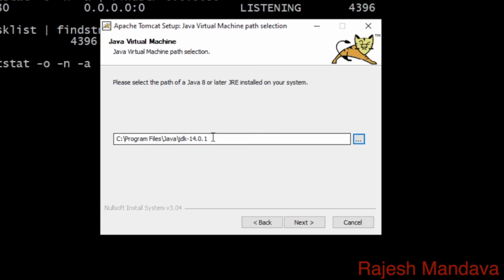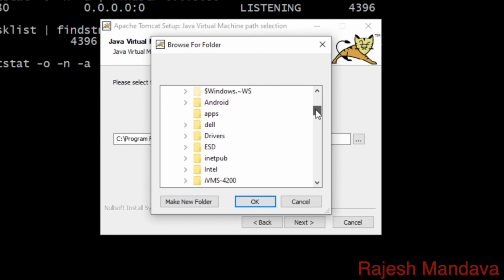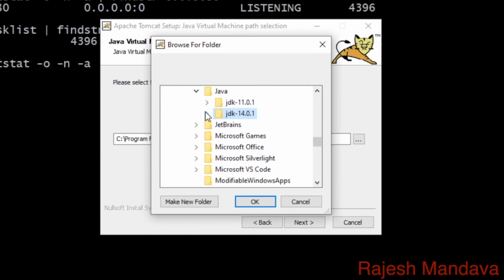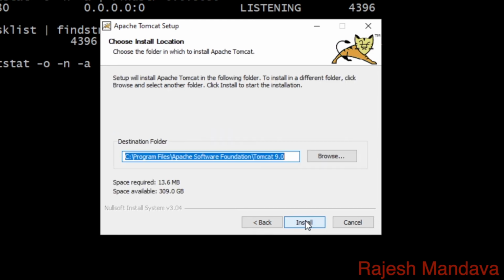Prior to Java 9, we used to specify the JRE folder which is parallel to JDK, but now we don't have a JRE folder in the latest versions. Let us see that. Here we don't have JRE from Java 9, so no issue with that. If it doesn't get selected by default, then you have to go to this folder, this specific path. And I say next for installation.